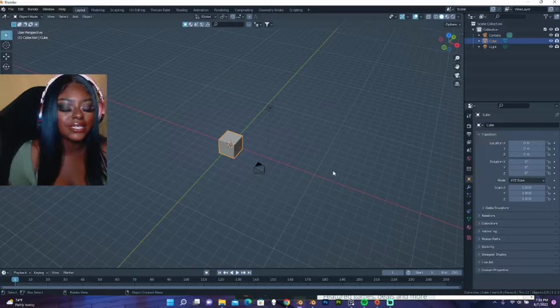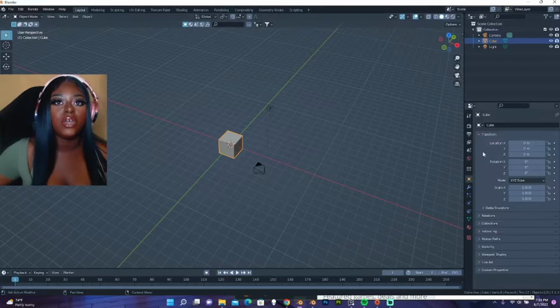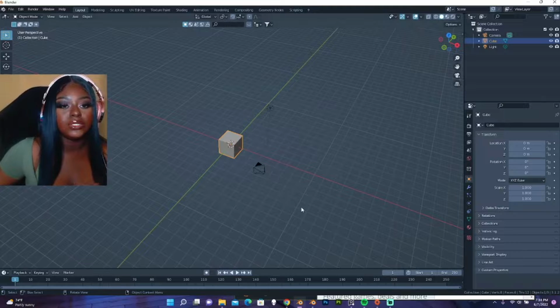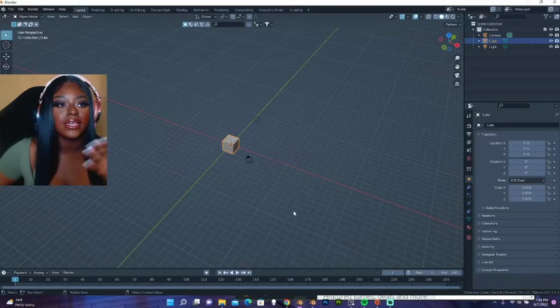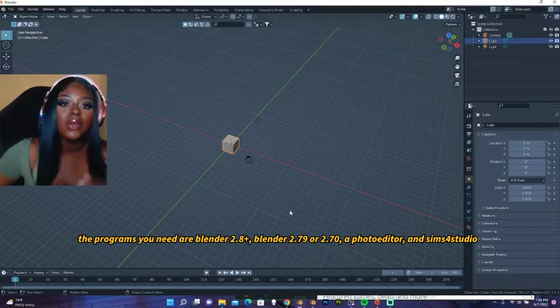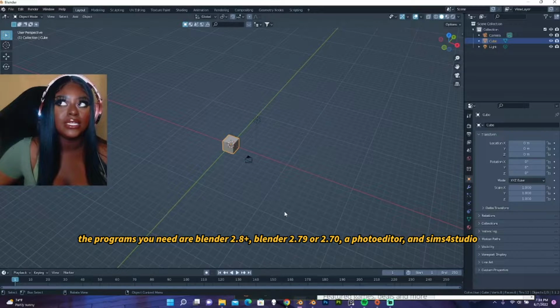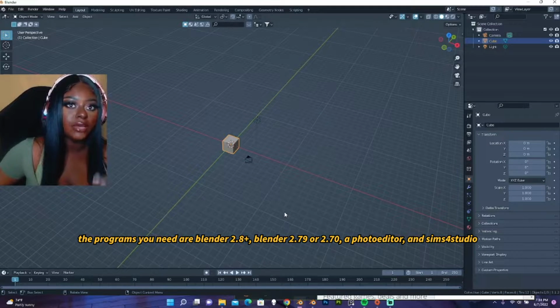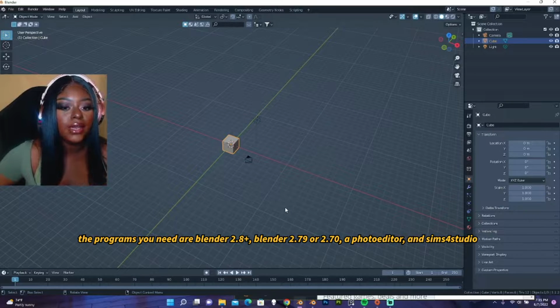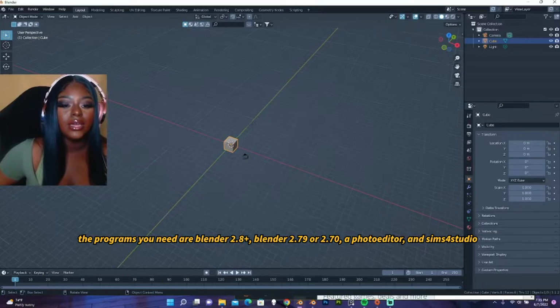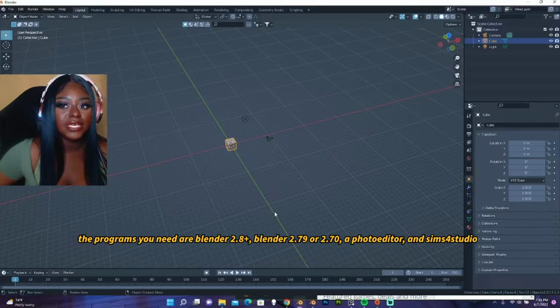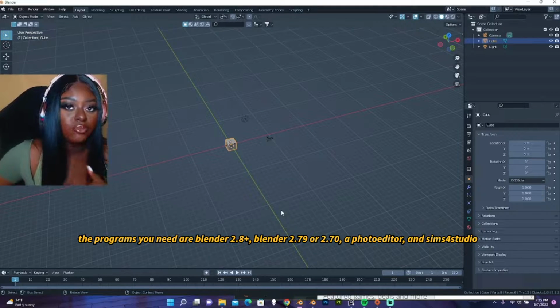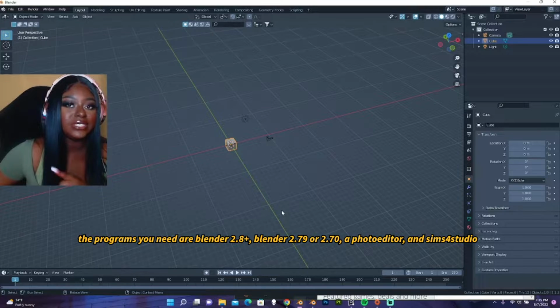I'll also say it. But anyway, to get started, the first thing you're going to need is a newer version of Blender. When I say newer version, I mean anywhere from the current version, which I'm using right now, which is 3.1, to 2.8, 2.9, just because I feel like that works a little bit better. And then you also need an older version of Blender. You need either Blender 2.79 or